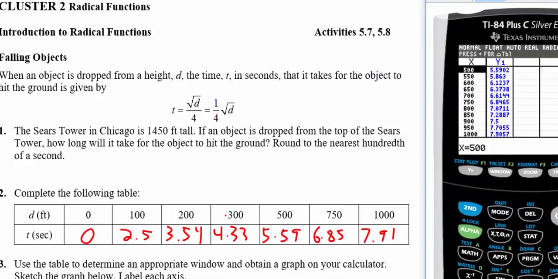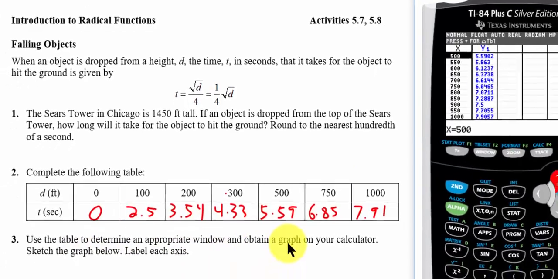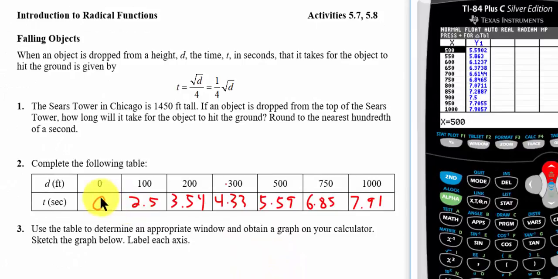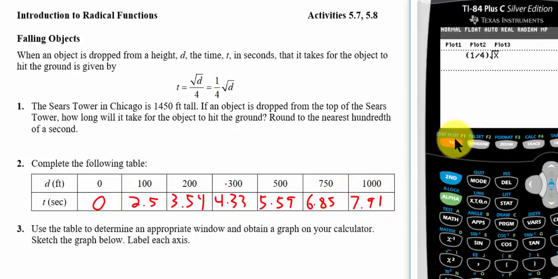Okay, so my table is now complete. To use a table to determine an appropriate window and graph this, for my window, think about it, my x-min, I'm going to use 0 out to 1,000. And for my y, I'd go from 0 to maybe 8. So if we're going to graph this,